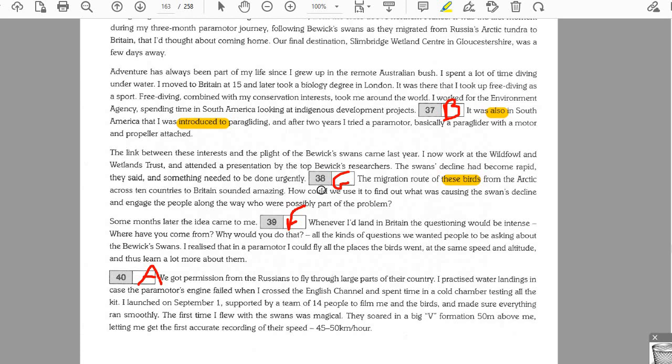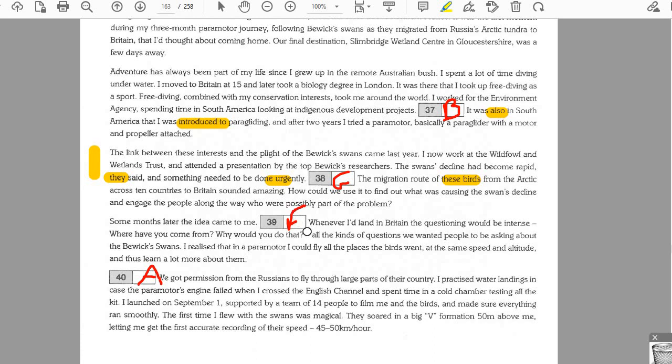Then next one, G. It's talking about it had to be done urgently, and G talks about their action plan. So these people said their plan wasn't quick enough. Something had to be done urgently, is what I told you. Similar words: urgently, it wasn't quick enough. So that's the connection. Also, it is the plan, the action plan, in the same place. So that's G.